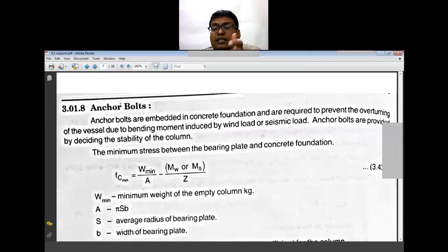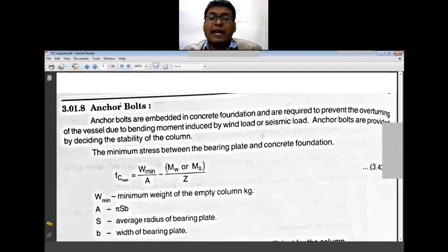Then this has to be opposed by the anchor bolts. Now whatever the bearing plate that is there, if I anchor the bolts here, the overturning will be avoided. If I do the bolting here, it will not get overturned, it will not tilt like this. Here, when I have done the anchoring,